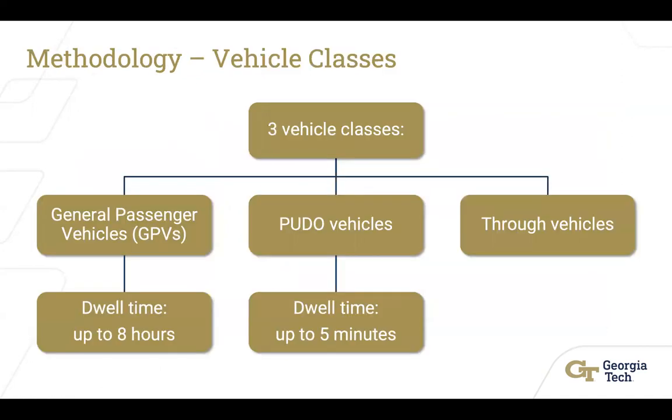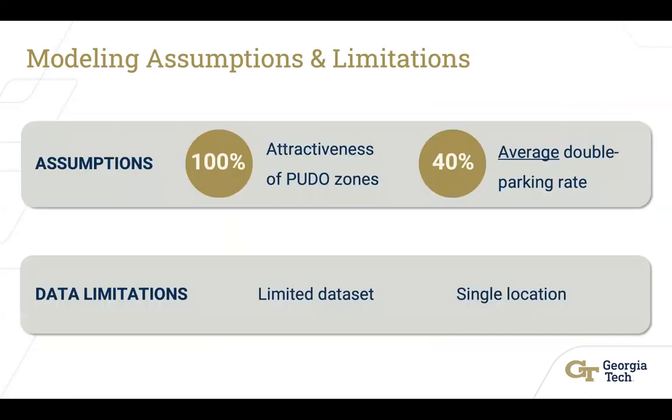We divided the traffic flow into 3 different vehicle classes: general passenger vehicles, characterized by dwell times of up to 8 hours, pickup and drop-off vehicles, characterized by dwell times of up to 5 minutes, and through vehicles. We assumed that the attractiveness of pickup and drop-off zones was 100%, and, based on the data analysis, we also assumed an average double parking rate of 40%. Finally, we recognized that the data analysis and model calibration was carried out on a limited dataset from a single